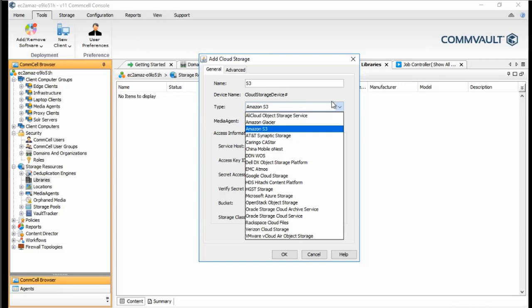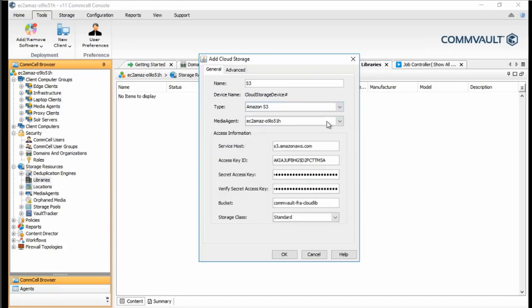A lot of people try a little bit of everything, and so it's very common for when people are getting used to processes to try things on-prem. But if you want to jump straight to S3, we encourage that, and it's a great customer experience. So I have one media agent in my console because it's just for demo purposes. I've specified and created a role and an access key along with a secret key, and I have a library here that's empty. And I know that it's empty because I haven't written anything to it, and I'll prove that it's empty